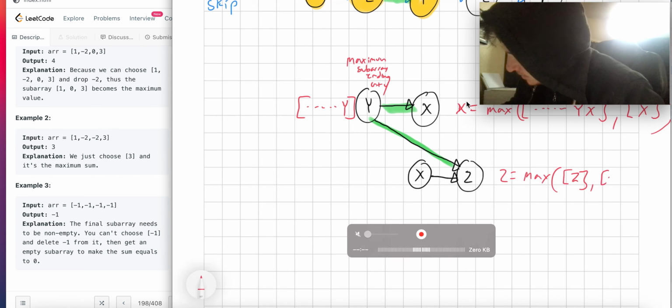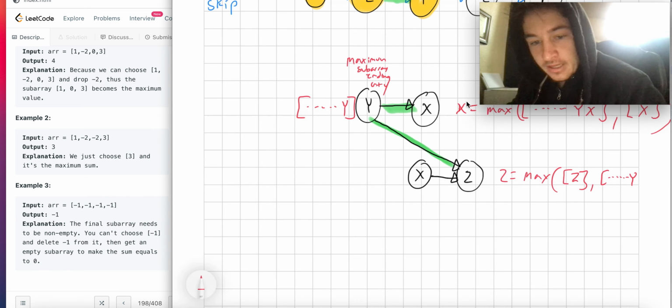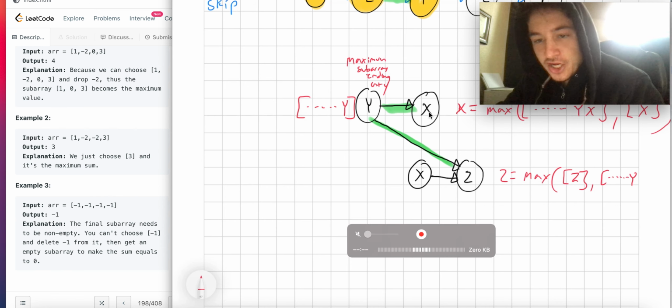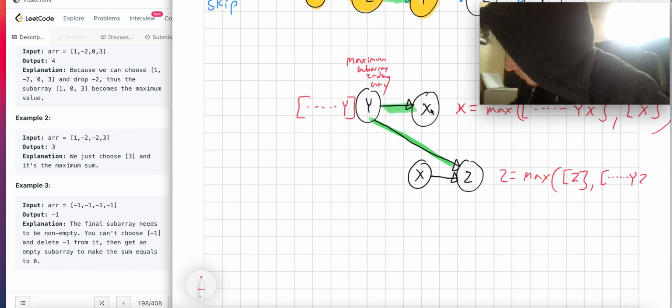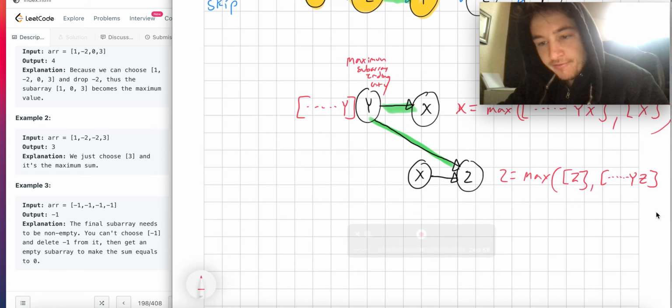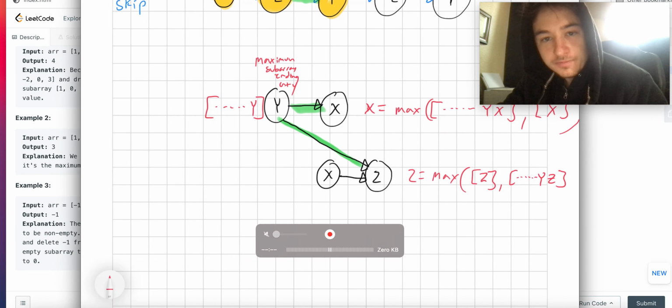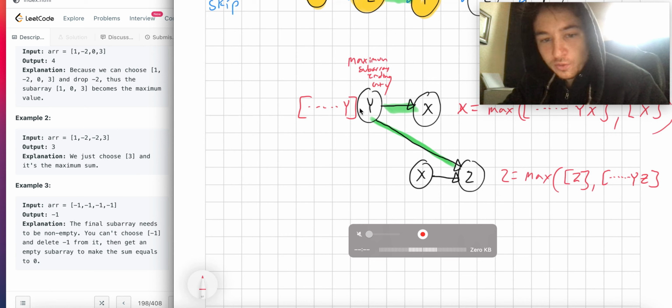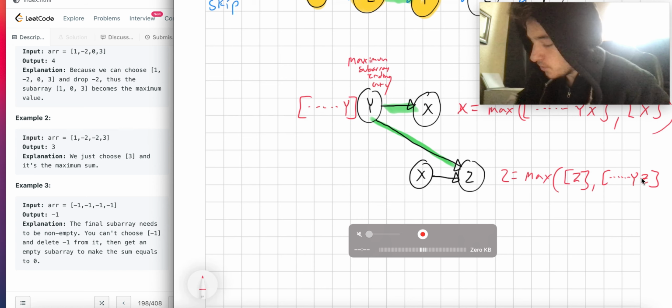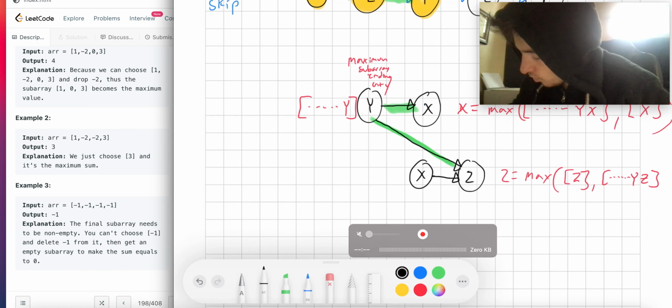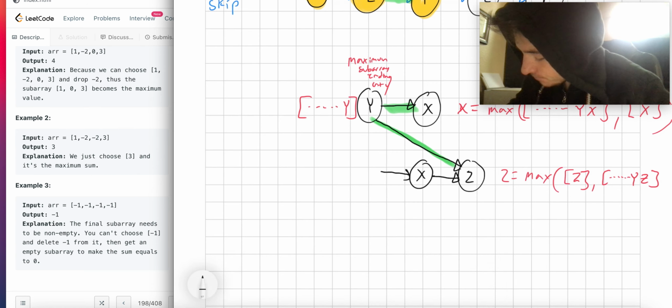So I could take all the elements up to Y and then not utilize X. I don't want X. X is bad for my situation. So maybe if I skip it, so that subarray here, right? Everything up to Y is the best subarray up to Y. So when I skip X, I get here, so then I can attach myself to the best subarray up to Y and attach Z to it. Or I could attach myself to the best subarray up to Y